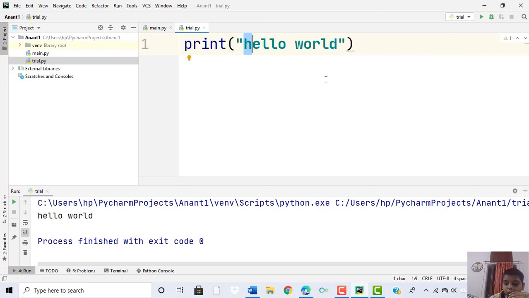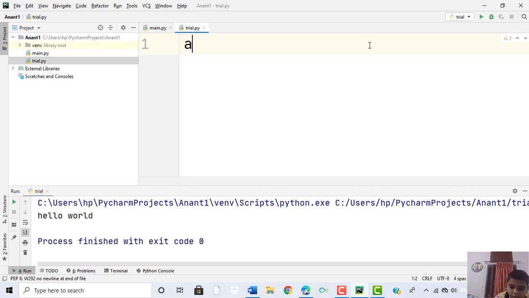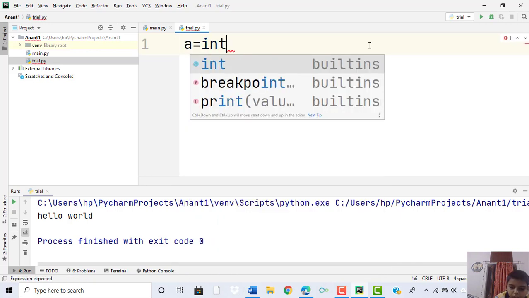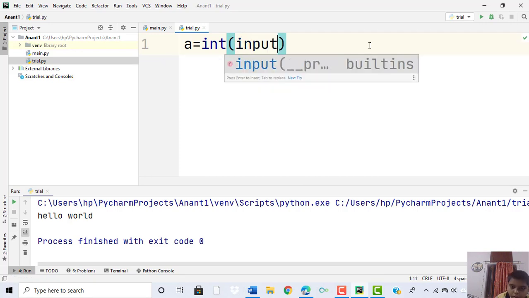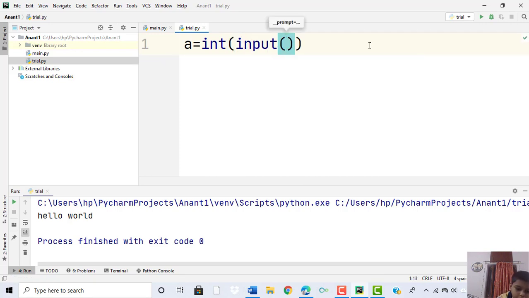Now I will show you more functions, like we have used the input function in Python. So we will write the input function. a is equal to int, bracket, input, bracket, then double quotes, and then we have to write enter first number.